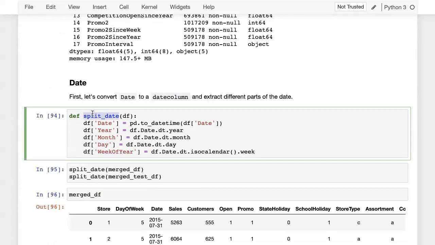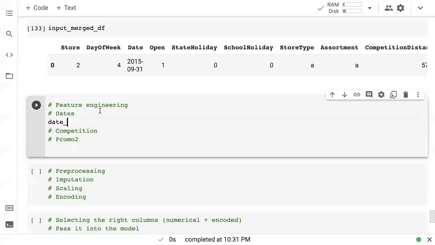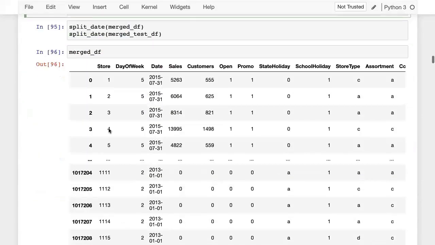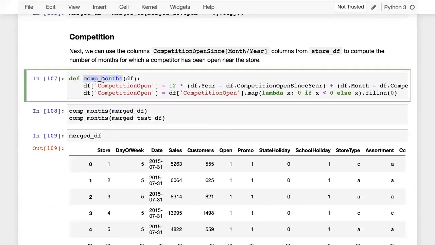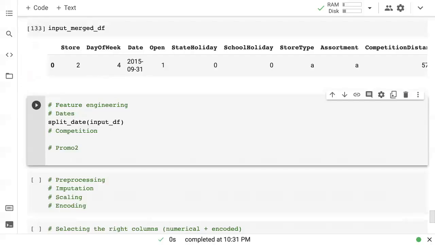Yeah, split date. So let's call split date now on the data frame. So split date on input df. Then let's add the competition related data. So here we have comp months on input df.